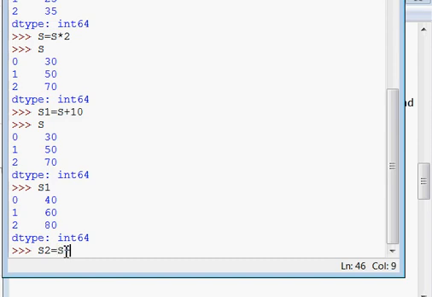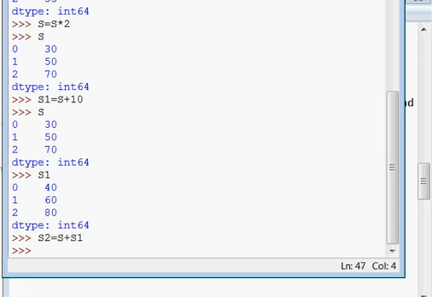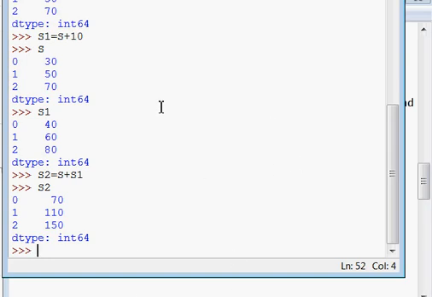If I say S2 equals S plus S1, it means each corresponding element of S will be added with the corresponding element of S1, and then it becomes a new series, that is S2. In S2 we will have the value 30 plus 40, that is 70, 50 plus 60, that is 110, and 70 plus 80, that becomes 150.